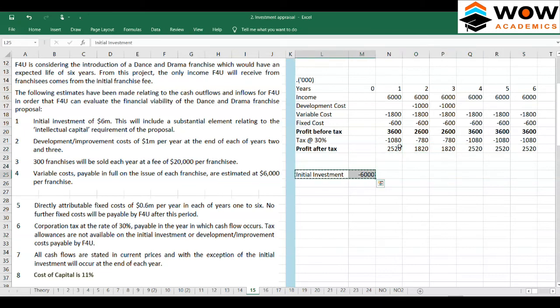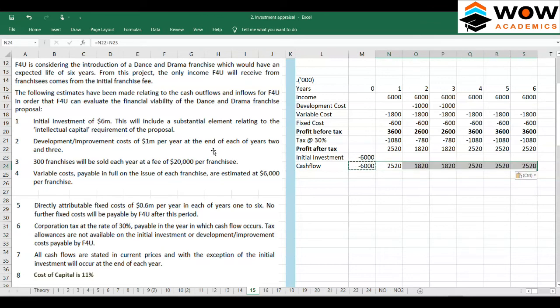So we have an initial investment. So that alone is there. We have all the numbers here. So the cash flow: even though it's profit, how can we get the cash flow? Should we add the depreciation back or like that? Nothing has to be done because we don't have any depreciation as such in this problem. So there's no deduction or addition or anything. So just simply get this number plus this number. Simply what you're doing is you're getting every number in the last row. So you got the cash flow.